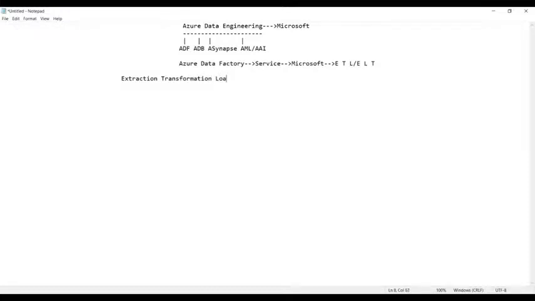And then you have what's that? Loading. Extraction, transformation, and loading. What is that? Extraction, transformation, and loading. Whereas this extraction, transformation, and loading is nothing but, guys, the ETL is